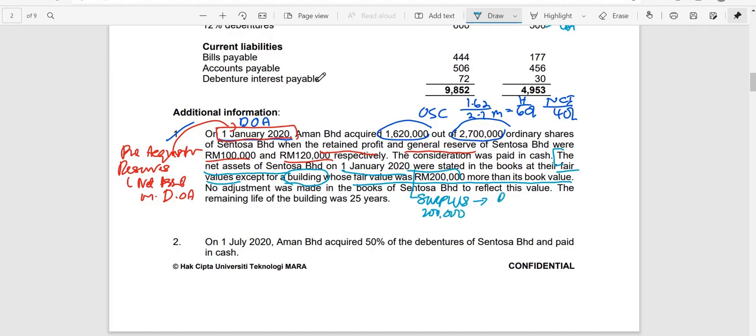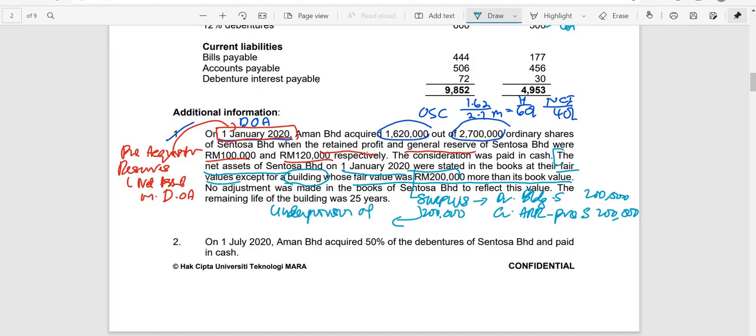In terms of journal entry, because this arises on the date of acquisition, you will debit the building of the subsidiary and you will credit the asset revaluation reserve. The pre-acquisition balance of the subsidiary will have to be adjusted, and on the day of acquisition no adjustment has been made, so we need to reflect the value by adjusting our building to the fair value. How much we need to check later, but the difference is a surplus, and this will be reflected in the net asset or equity.